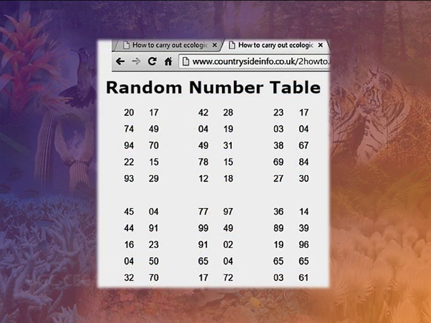We would therefore ignore 74 and 94 and move on to the next number, which is 22. We would then sample in the square 22. Counting down the figures in this column, we would soon come across the number 20 again. As we have already selected this grid for the sampling, we would similarly ignore this number and continue on to the next. We would continue in this fashion until we had obtained enough samples to be representative of the habitat. There are other methods of selecting numbers from a random number table, but this is the simplest.